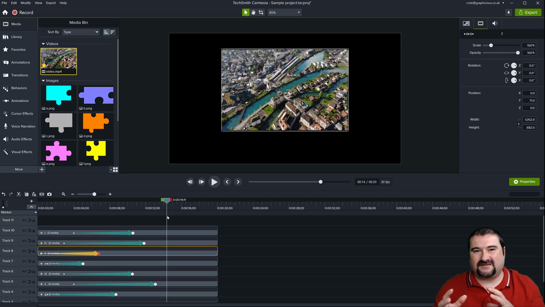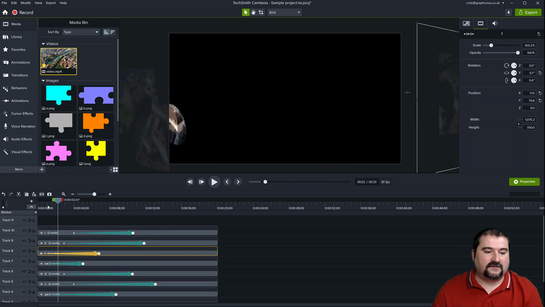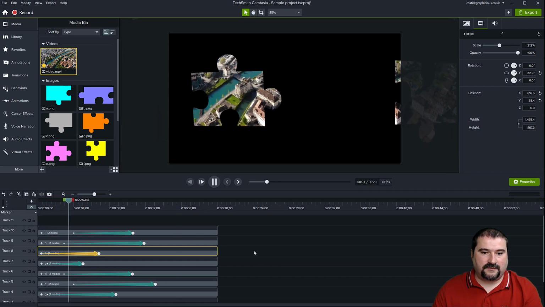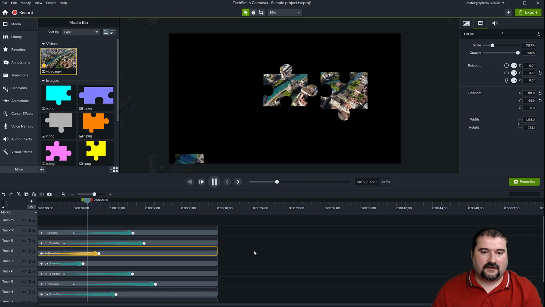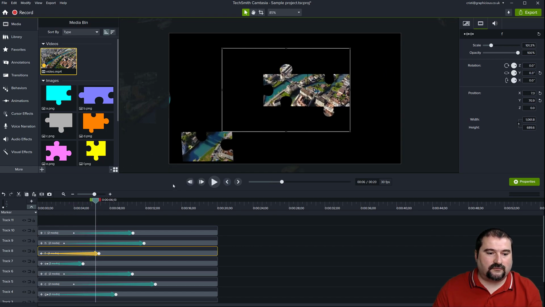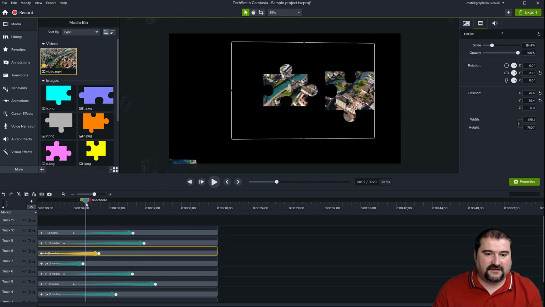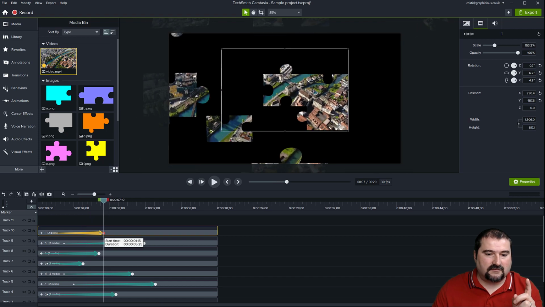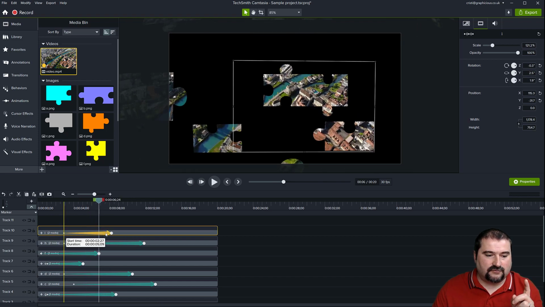So you don't want to milk it too long. You don't want to make it too long, but you know, the effect is there. So if I play this at regular speed, there it is. There's my piece and another one. And if you say, okay, this is a moment where there was nothing happening, I should probably take one piece and make sure there's something always happening. Maybe shorten the animation, maybe bring it in faster.